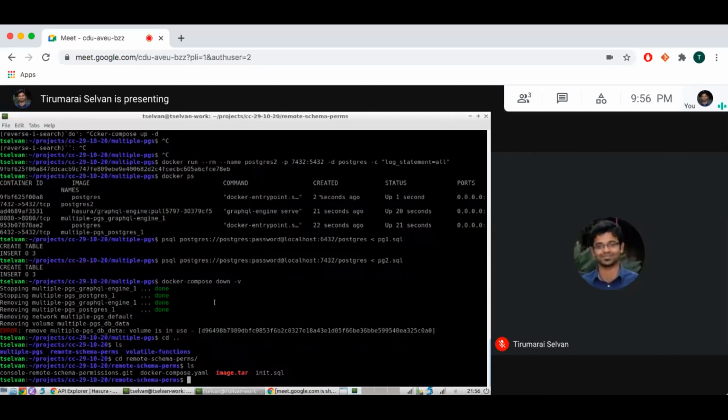If you're using remote schemas, you would know that there isn't any role-based remote schemas, or you don't use any Hasura session variables and so on to do authorization over your remote schemas. They are all exposed to all the fields of your remote schemas and all the arguments and so on and so forth. Everything is exposed